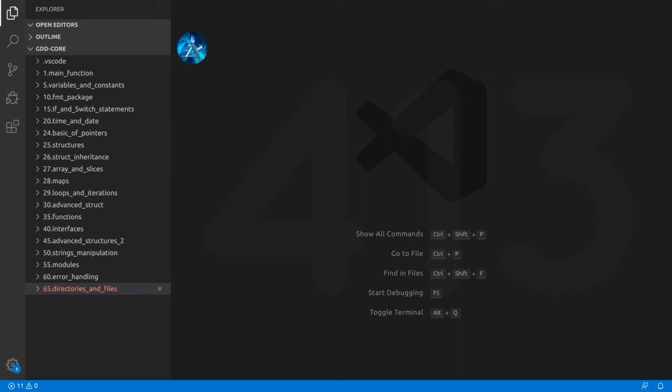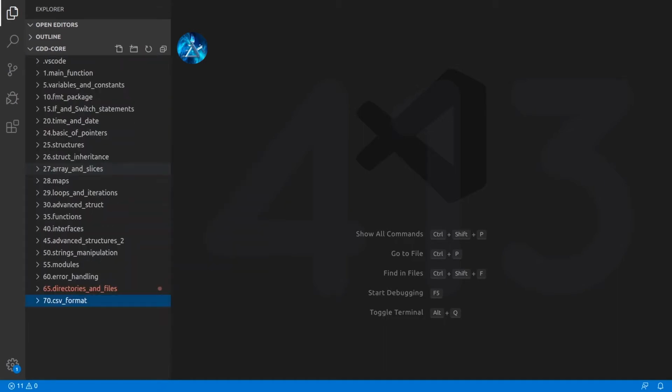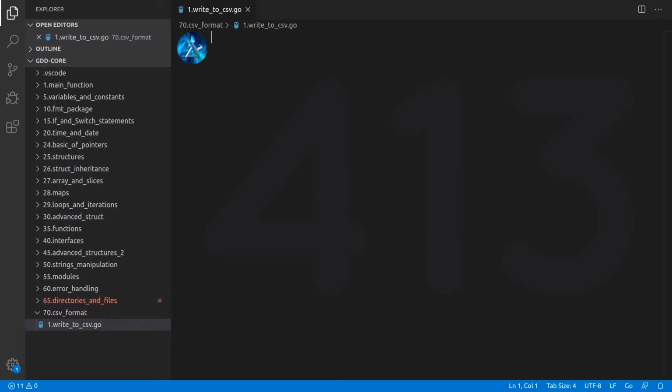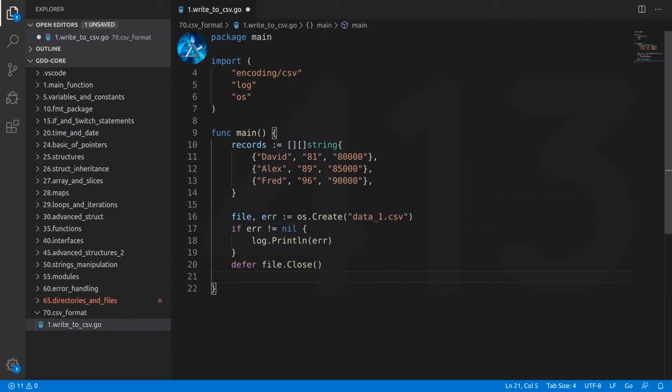Let's now write files in CSV format. For this example, so we can write our CSV format, we will use the encoding/csv library. Because of that, we will import that library inside of our import section. Inside of our main function, we will create a multidimensional slice of strings. Then we will create a new file with extension CSV so we can put our new data inside of that